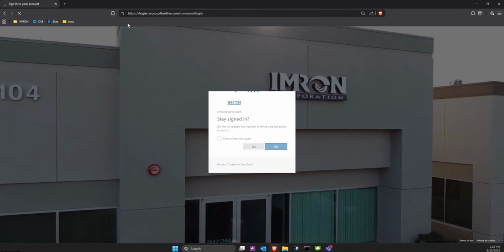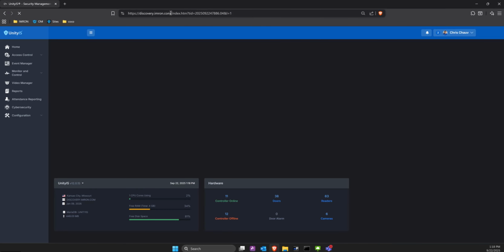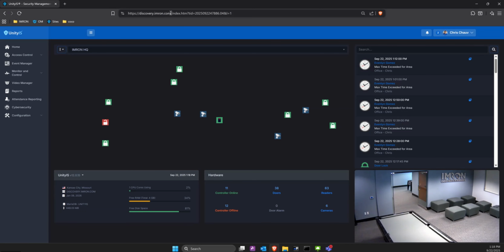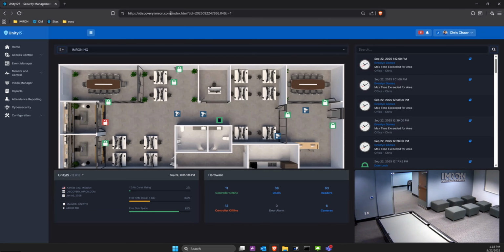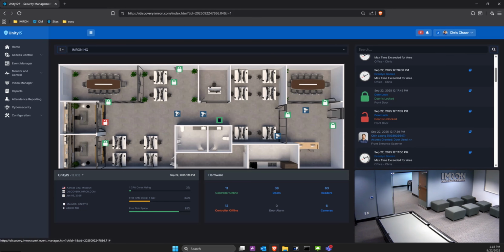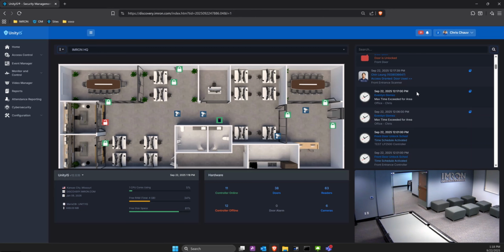So you'll be able to access your software from any browser with your own URL. So in this case, you might want to call it vitgo.imron.com. So that's your domain name or URL. I'm logged in now, and this is what we call the dashboard, our main home page for that operator. I have my dashboard customized to show the graphic maps here, the live event stream over here, and